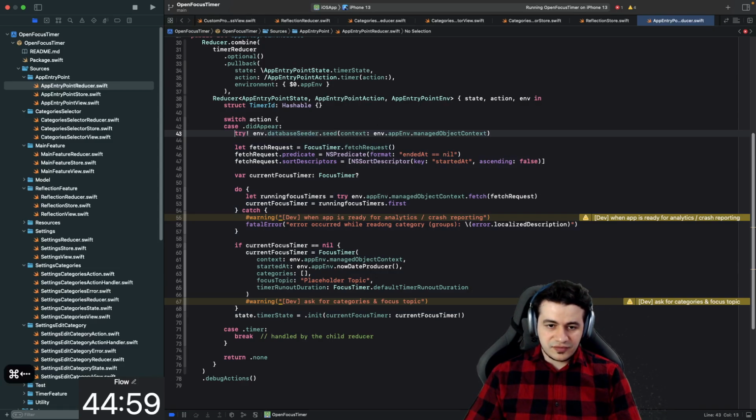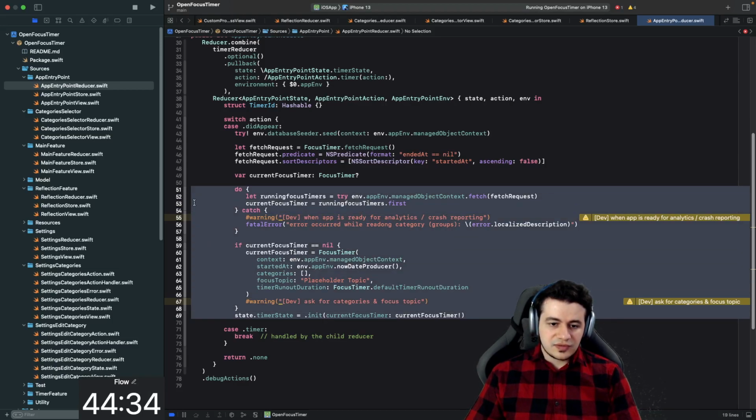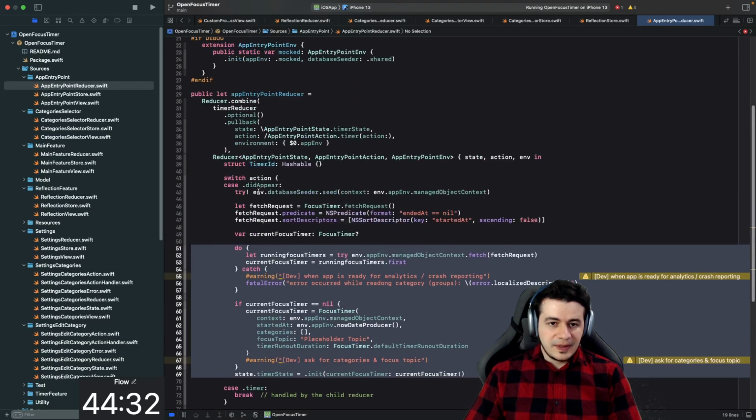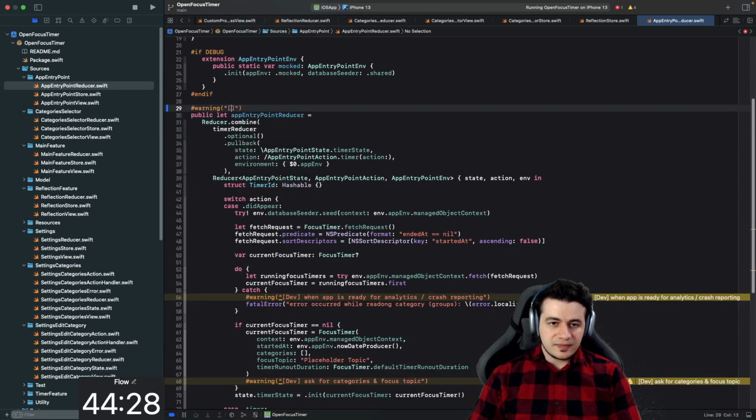Actually, I think this is something that we could place to where the app is starting. Seeding the data, fetching predicate, etc. Current focus timer. When app is ready for analytics, current focus timer. If it's nil, we're creating the first one basically. Timer state. This is kind of logic to be put in another place, but this is definitely something that needs to be refactored. So let me just create a warning,